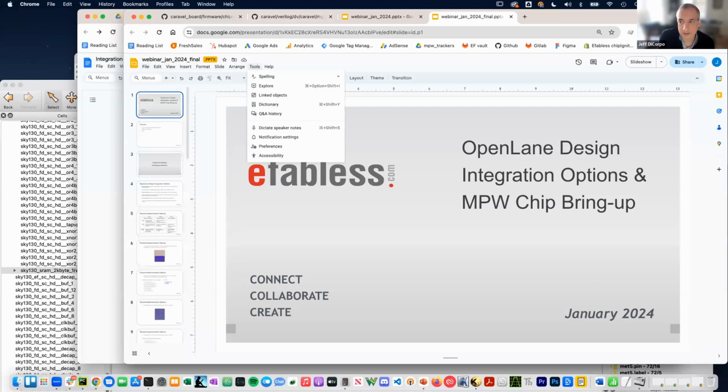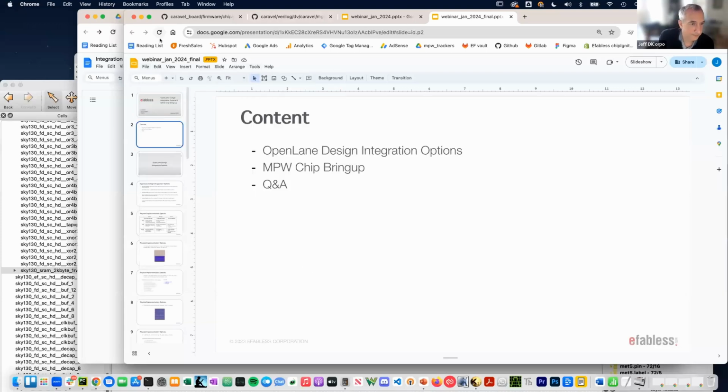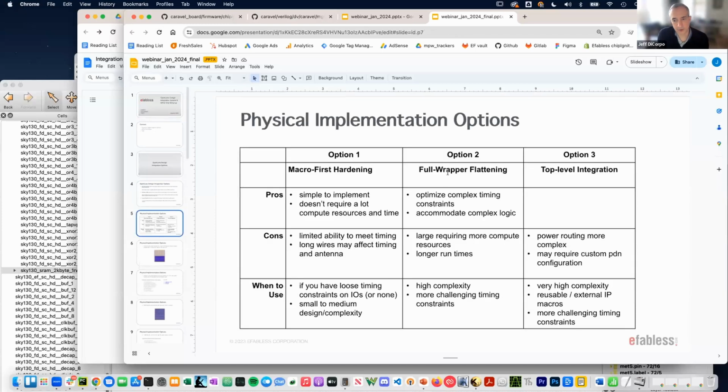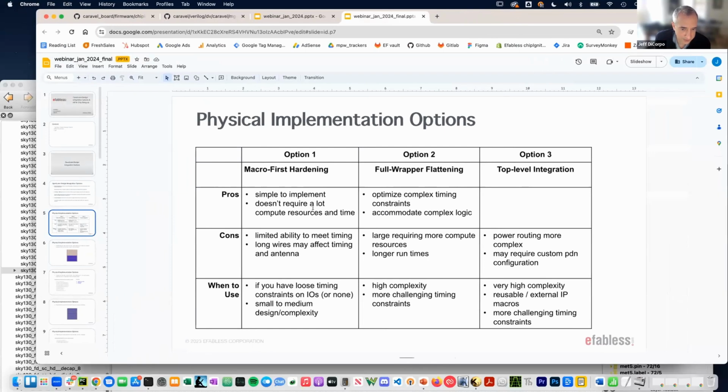So on the pros and cons slide that I had here, let me move that. This is the pros and cons slide I believe you're referring to. I think I covered a lot of this in the conversation, kind of what I described in the previous slide. But basically, for the